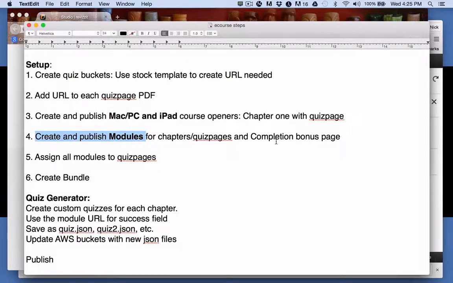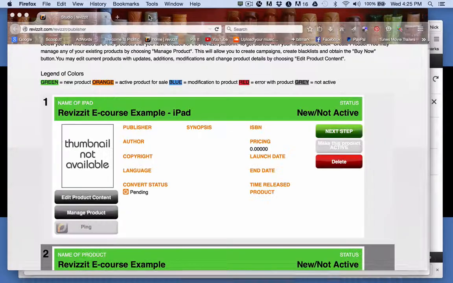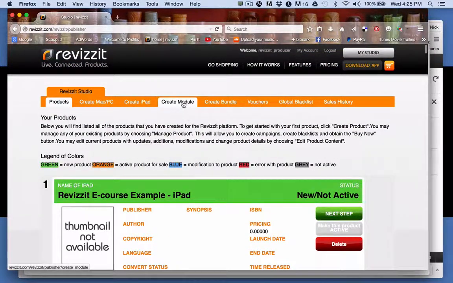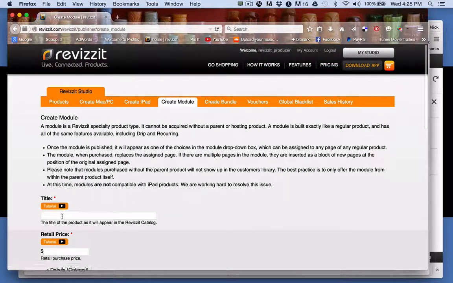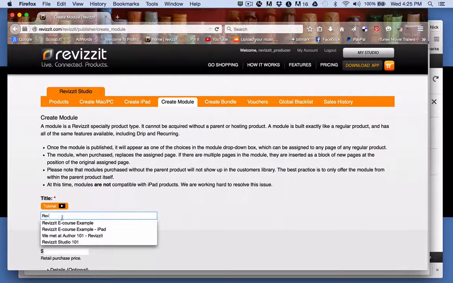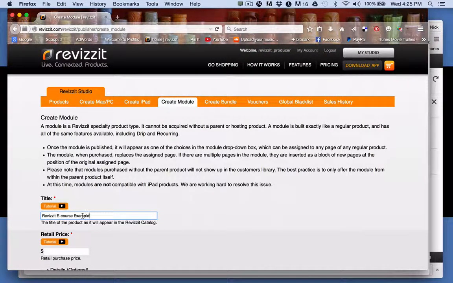That's fine. The reason we separated these out is because I wanted to make sure you understand that all of your subsequent chapters after the initial thing they get, chapter 1 or lesson 1, they have to be modules. That's something different. Okay, so we're going to go ahead and do that. I'm going to make modules for the remaining chapters and for my completion bonus, my graduation. Okay, so let's go ahead and jump back here, and now I'm going to just go ahead and make those modules real quick. So this is going to be Revizzit eCourse example, and I'm just going to say this is